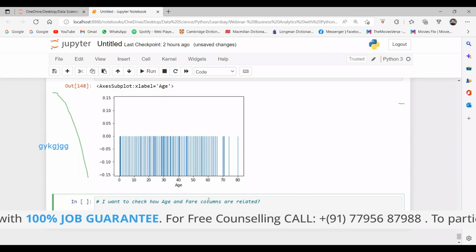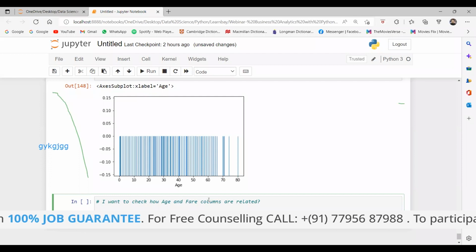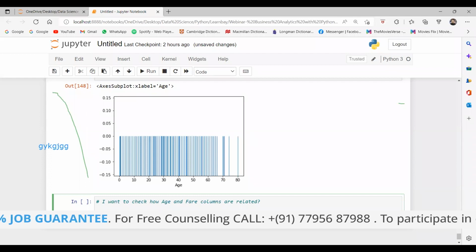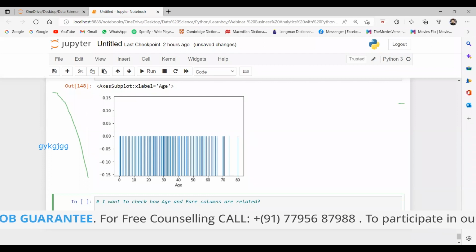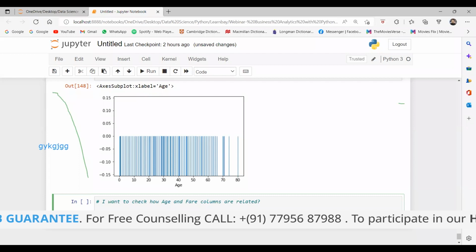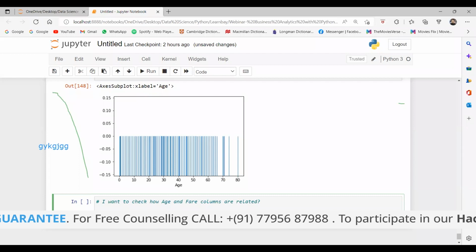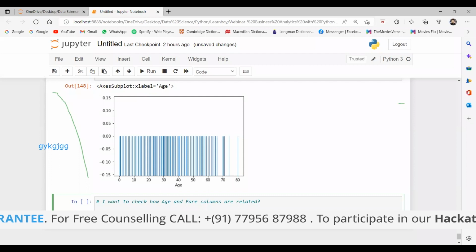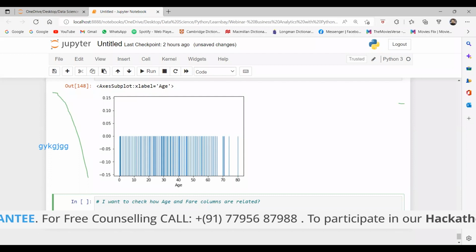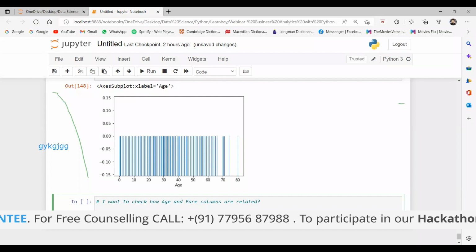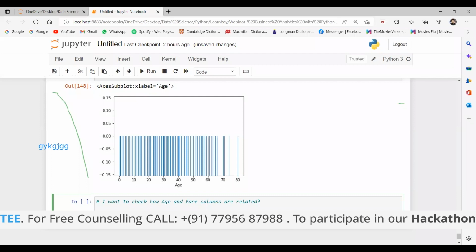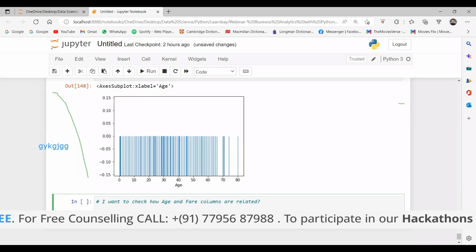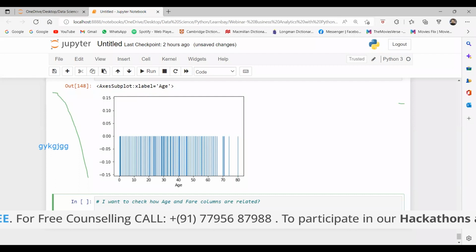So sns.scatter. A scatter plot is a plot that tells about how two numeric columns are distributed. Fine. So here I can say x equal to age, and y equal to, for example, fare, and my data name is data.